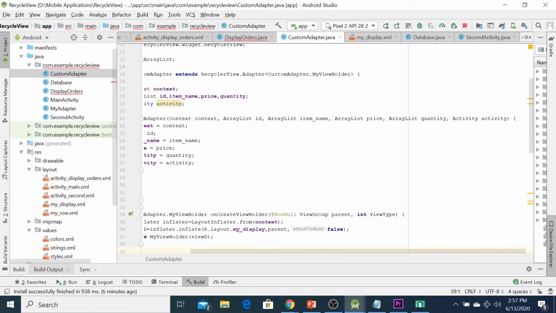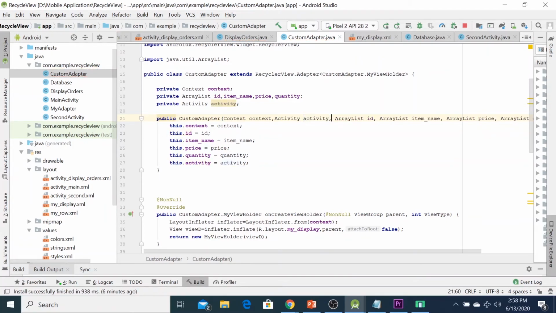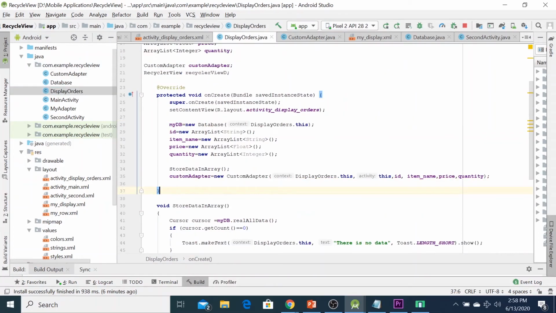So we need to cut this one, and after the context here, paste, comma. Context, activity, and the array list ID, and so on. So back to the DisplayOrder, it will be like this, no error. This is the context, and this is the activity, followed by these parameters. Should be the same.